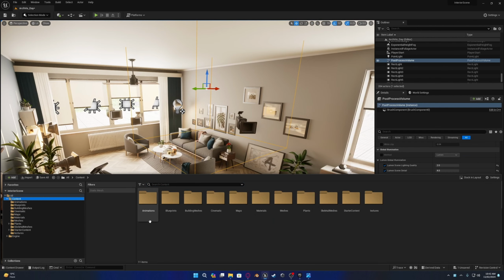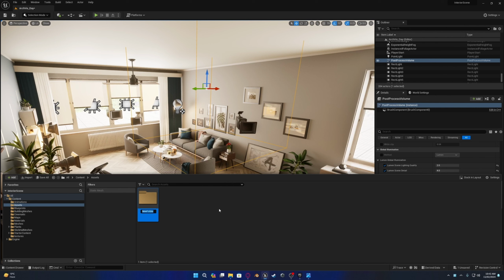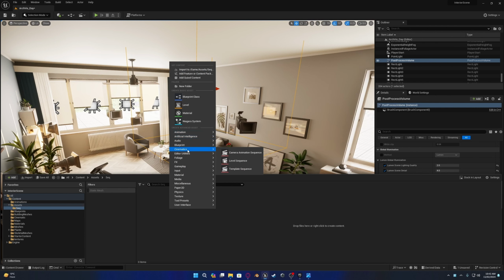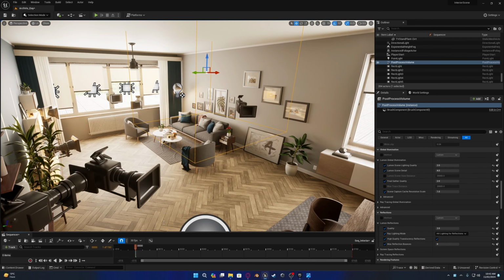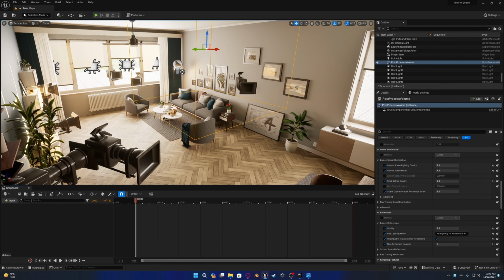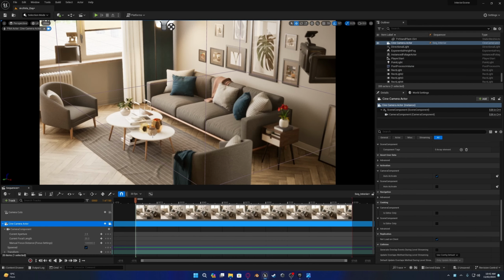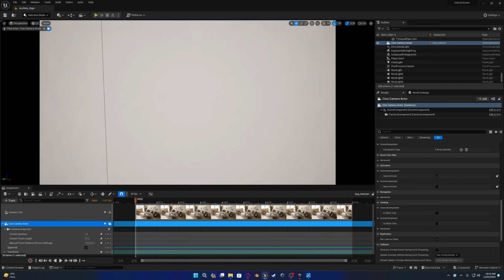and we can create a sequence. We're going to create a new folder, name it asset. I'm going to go in here, name this SEQ, open this up and create a new level sequence. I'm going to name this SEQ_interior and open this up. Now that we have this opened, I'm going to click on this camera button. This will create a new camera for us